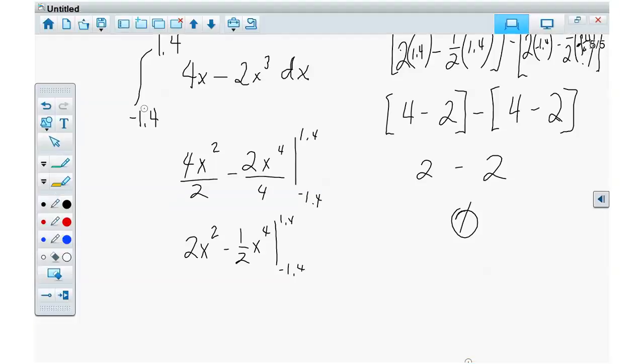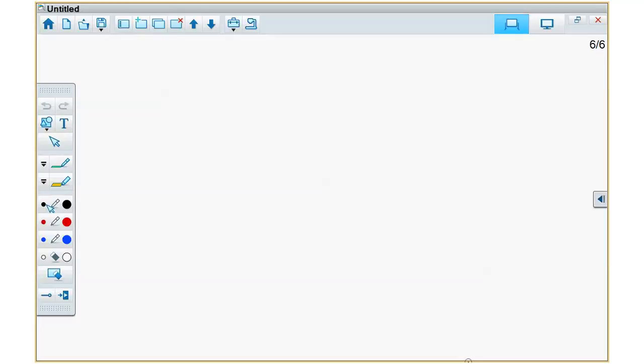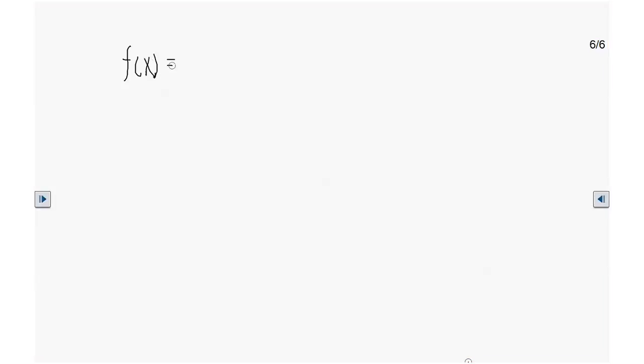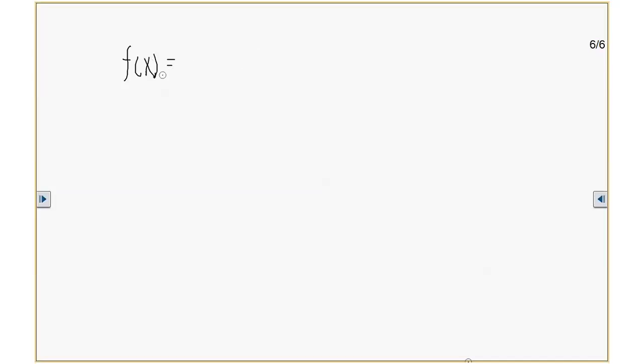Now let's do one where they don't give you a function. They just give you one function. And I'll pull one out of this. Let's go with f of x is equal to